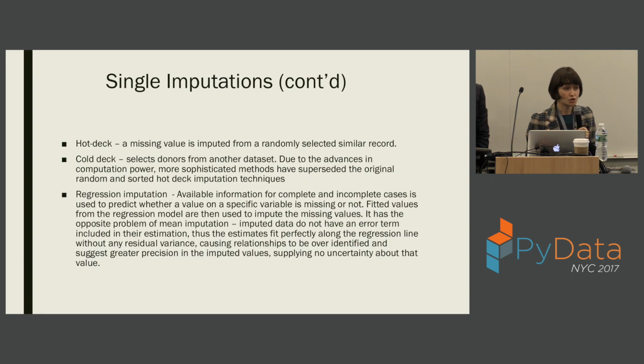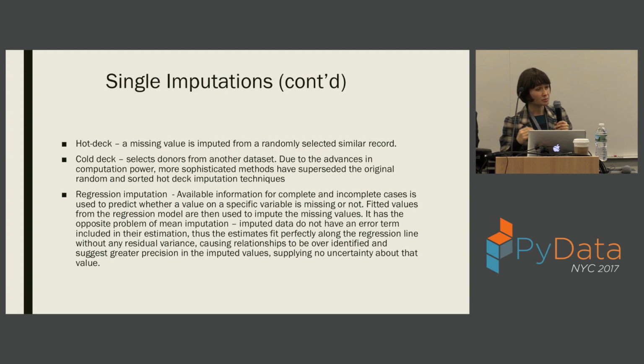Another way of imputation is to replace with a random value. Hot deck is where you take values that you have in your data set and just replace with a random one of the existing values. Cold deck is a similar method using a data set that is different from yours. In a more sophisticated method, you can use a regression to impute the values. But with regression, again, you need to be very careful because you are replacing, so to speak, with an average per category in some sense. So you are losing some of the noise in the regression.